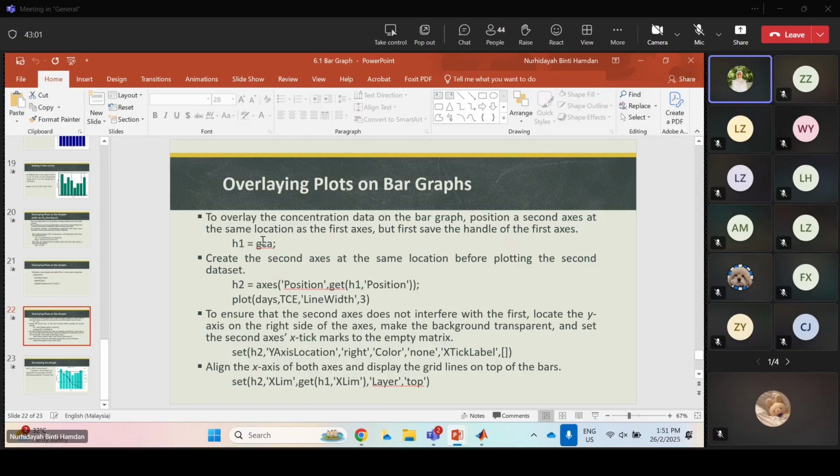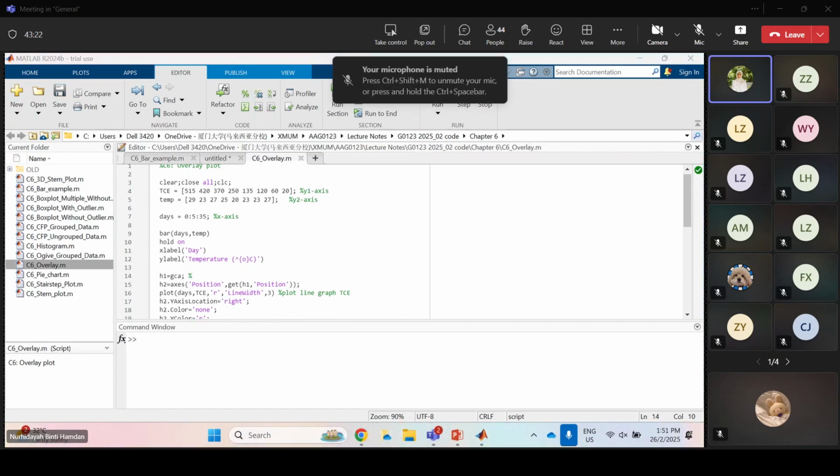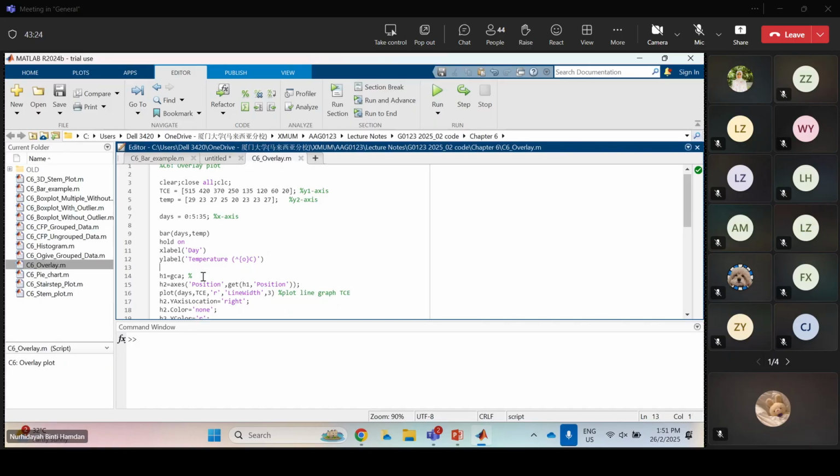Okay, so we already plot. If you look at this, we plot bar first. Then we put hold on. Then we put this. Why do we do H1 GCA? Because H1 is like the first, it represents the bar graph here. So if H1 is the bar graph here, this one we have to lock it. We have to lock the bar graph